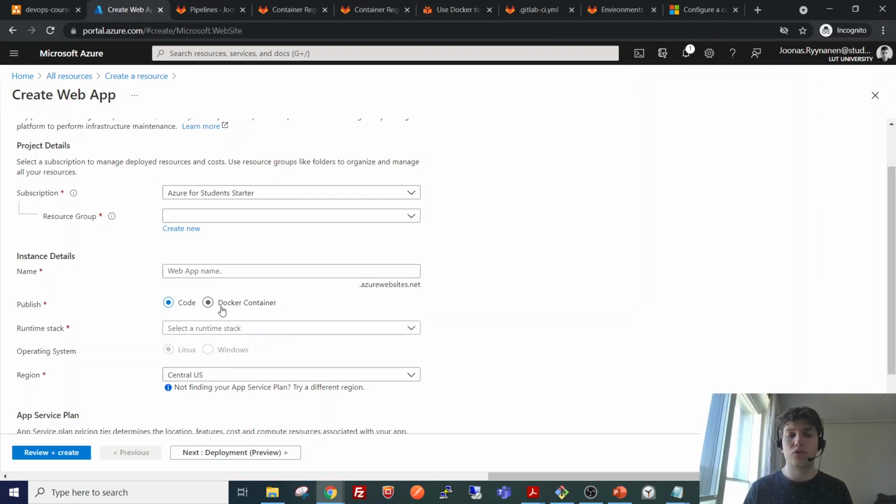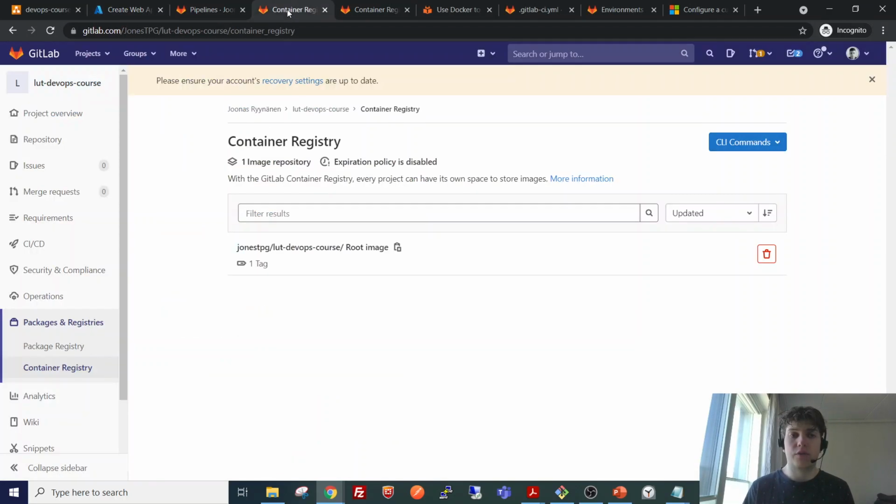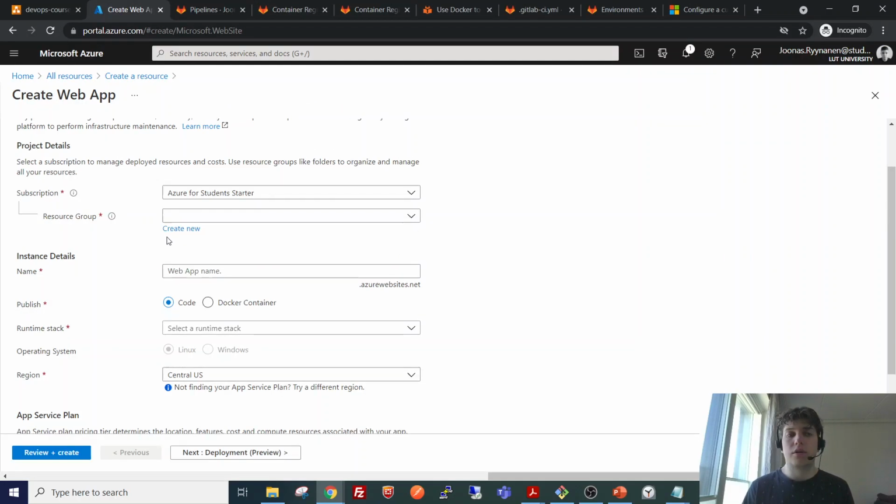But when we use this Docker container option, we provide the container registry image. So in this case we will provide it with this container registry path, and then the web app service will run or create a container from the image.